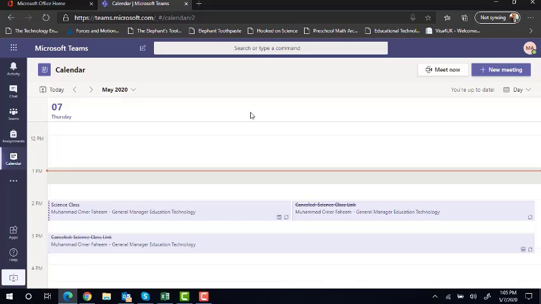So this is how you have to use Microsoft Teams for attending online classes and for your children to see the videos and to upload the worksheets for the teacher for evaluation purposes. You can install this Teams app on your phone, on your tablet, on your mobile device, and students can log in by using their